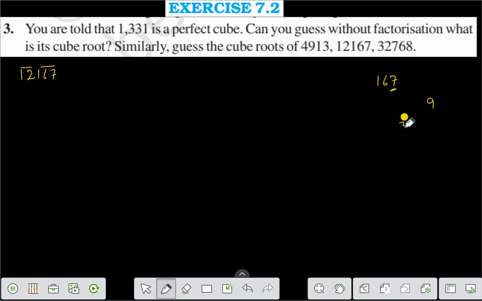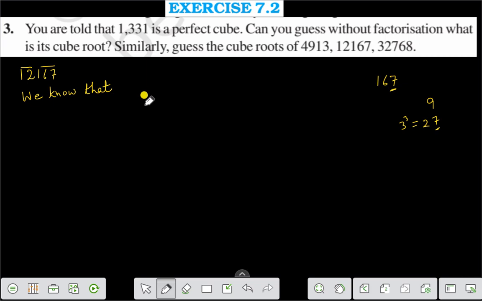If we take 3 cube, 3 cube is equal to 27, and the last digit is 7. You see here, right? Then we can write here, as we know, that